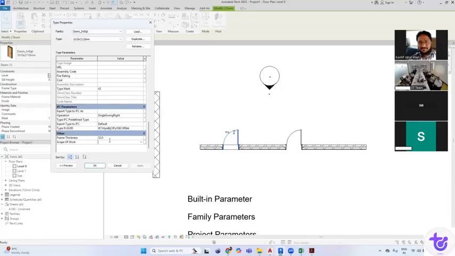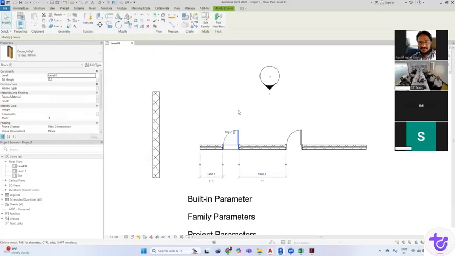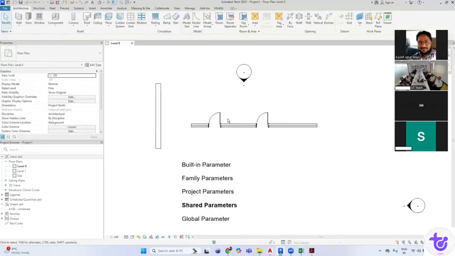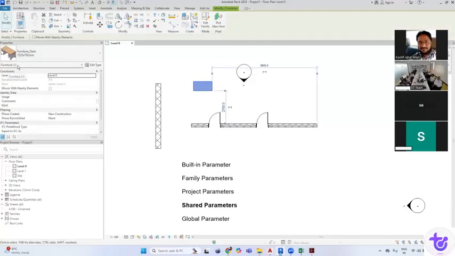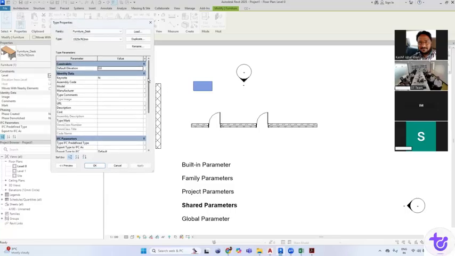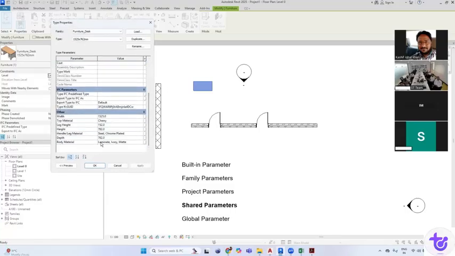It is available there. Again, for example, I'm calling this the scope of work to the contractor. Okay. So any new door family, any door we create in this, we will find that particular parameter because we have created it as a project parameter. For example, now see a different thing: if we create a table, this is in a furniture category. Because we have assigned that parameter only to doors and walls, it is not available there, scope